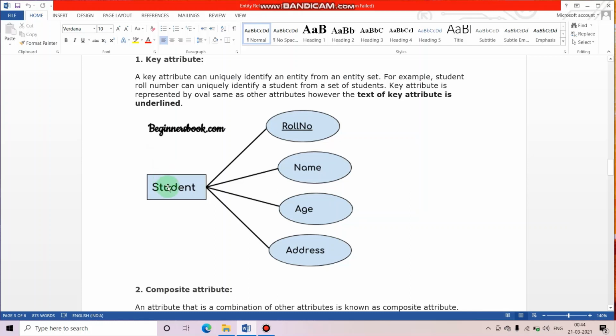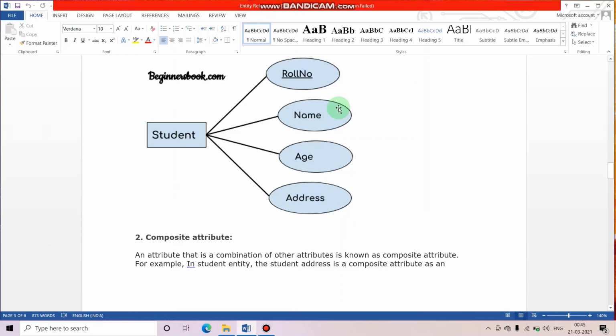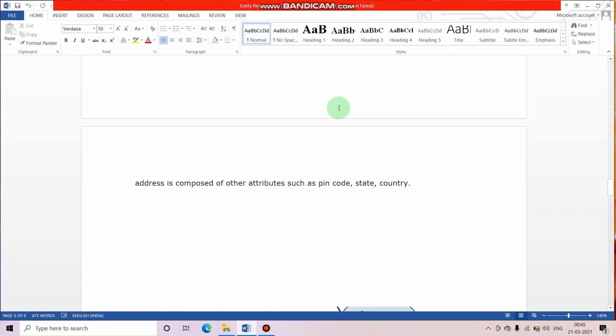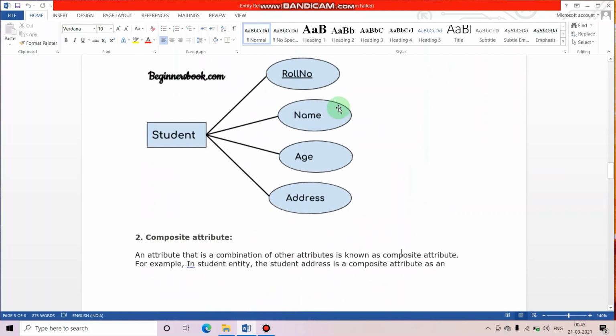We have the differences in the primary, unique and foreign key. Primary key is the one which is unique. It cannot be null, it cannot be empty, and it is basically used to identify the entire record. Okay, foreign key, it is used to refer to the primary key. You will get to know all these things in your further studies, or might be in this sem only. If not, I will explain all these things also in later videos. If you say in the comment section that explain me about the keys, then I'll let you know. Okay, so let's start with the composite attribute.